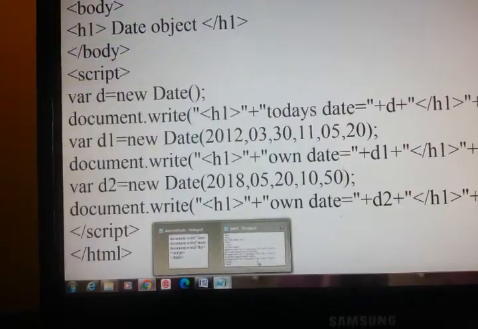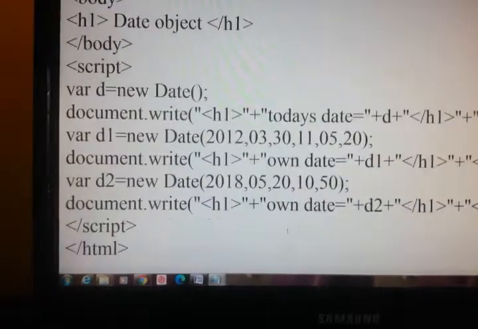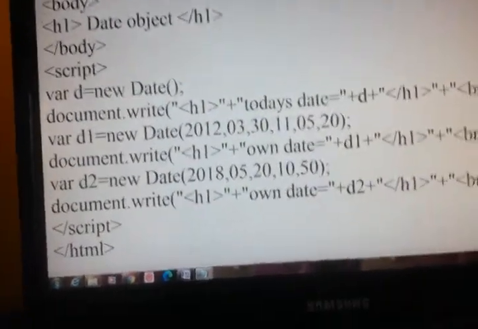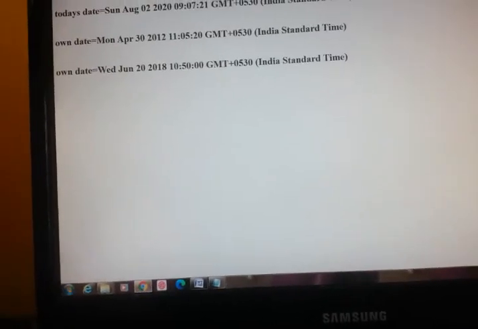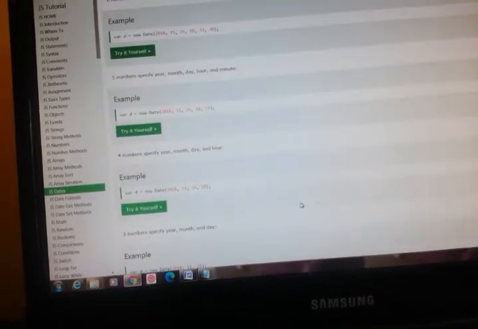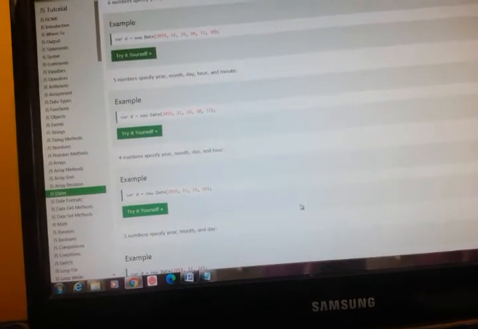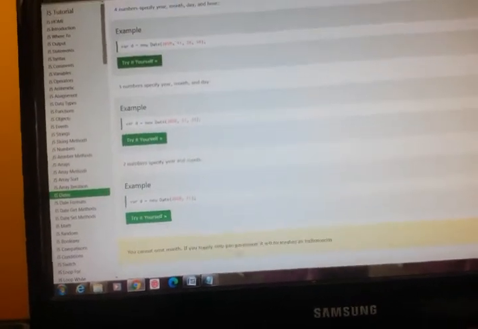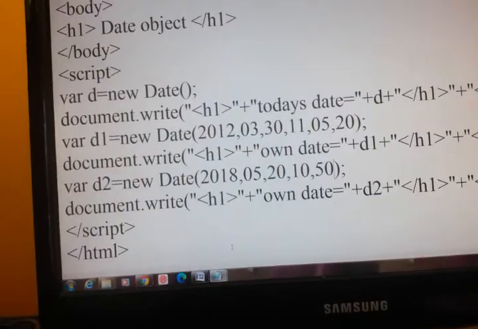So this is another way. Then we'll go for 4, 3, 2 and then 1. What happens, we'll see.